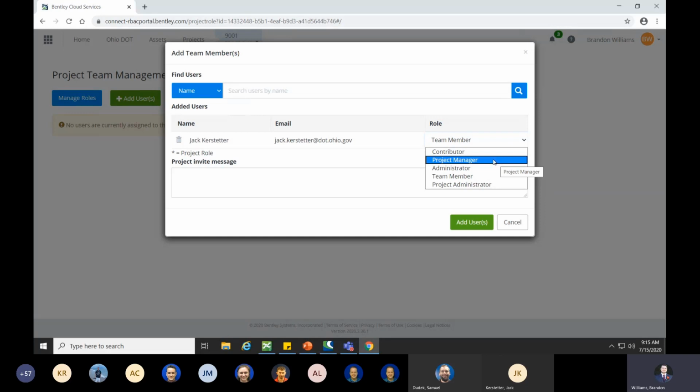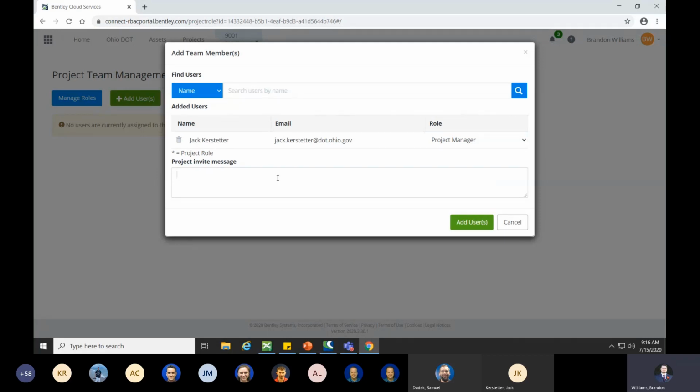We talked about the share contributors, for example. They can't delete things from the share. They can add things and modify them, but they can't delete them. So we haven't really done anything with the roles. Of course, we can change these names here, but I'm just going to go ahead and make him a project